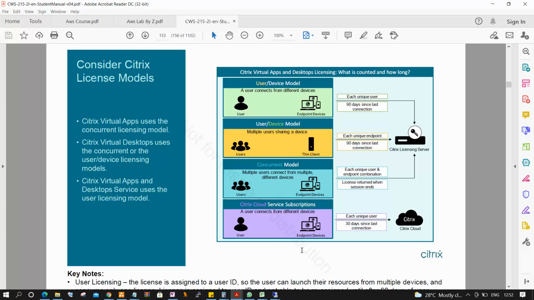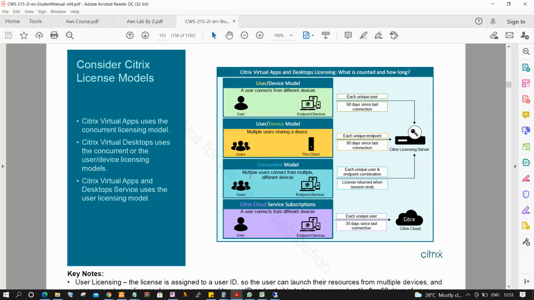For example, if you are purchasing for a number of users in a company, that is called a user-based license. If you are purchasing for a number of devices in your company, that is a device license.